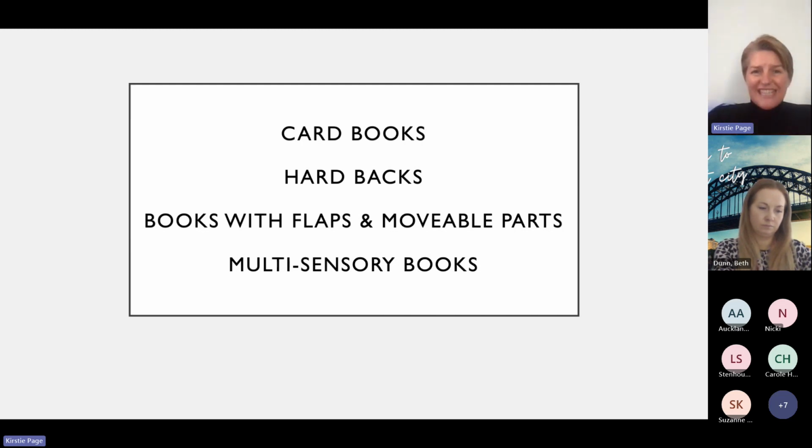Do I have multi-sensory books, so books with different textures, books with different sheens? And the ones that I always think about when I say that are those Usborne That's Not My Car, or That's Not My Dolly type books, where the books are a book, but they're kind of half a resource. And books with flaps and multi-sensory books are really